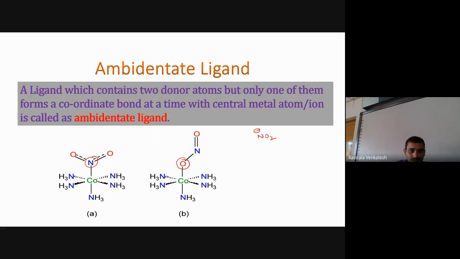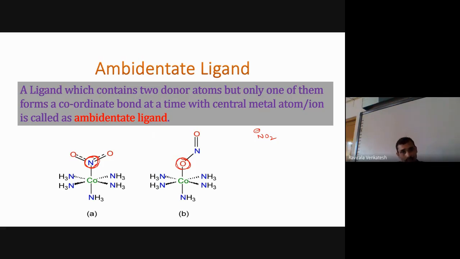You see, the NO2 group has a donor atom called nitrogen, and the same NO2 group has a donor atom called oxygen. But at a time, they can't donate in both directions. It can donate from the nitrogen side, or from the oxygen side. Some people use the left hand, some use the right hand, habitually. Similarly, it may use nitrogen as the donor atom, or oxygen as the donor atom.